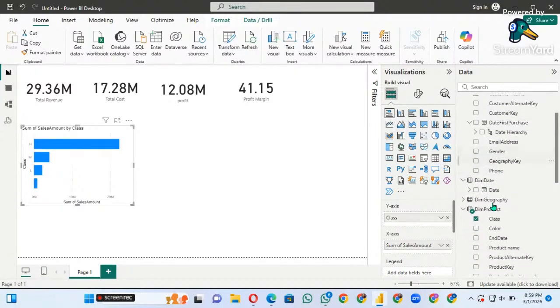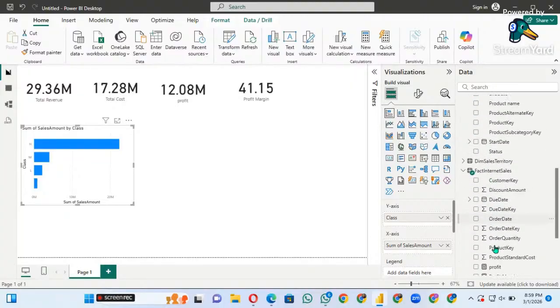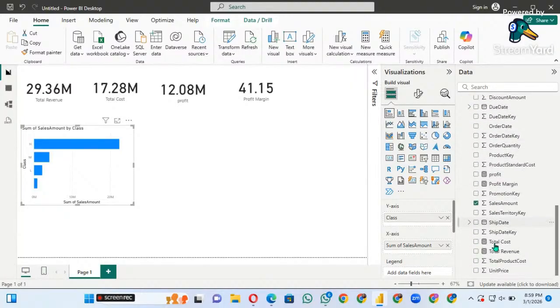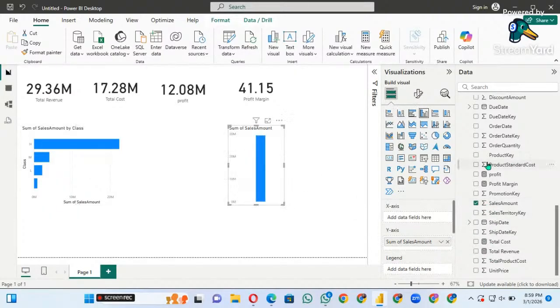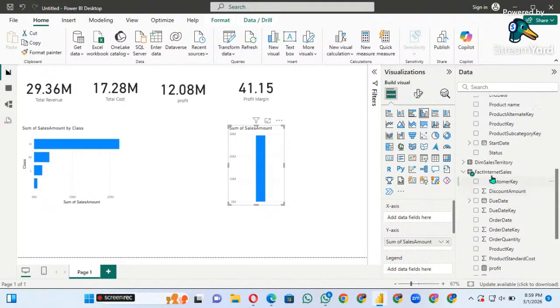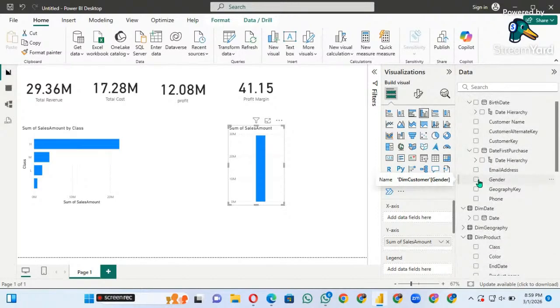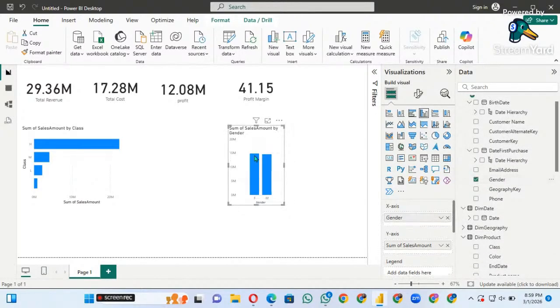Okay, let's look at the sales by the customer gender. So we want to know the gender of the customers that are buying our products more. So we put that here, and then from the customer table, we add gender. Okay, so we can put it in here, and then we can use a chart like maybe the donut chart